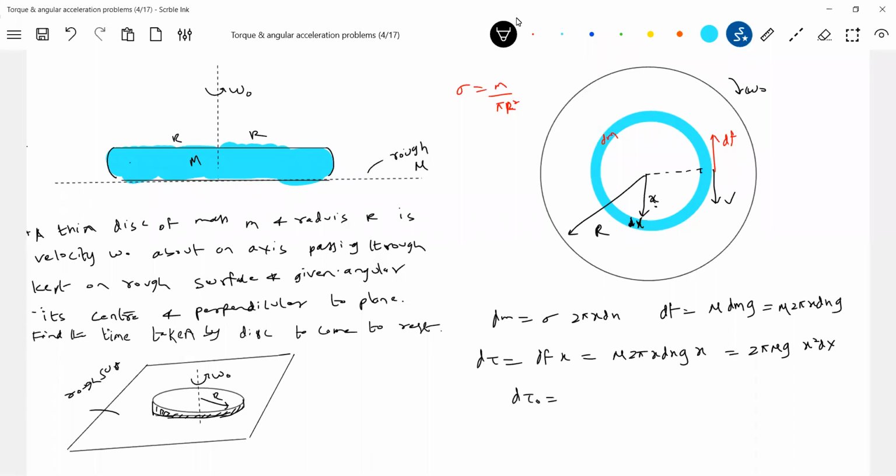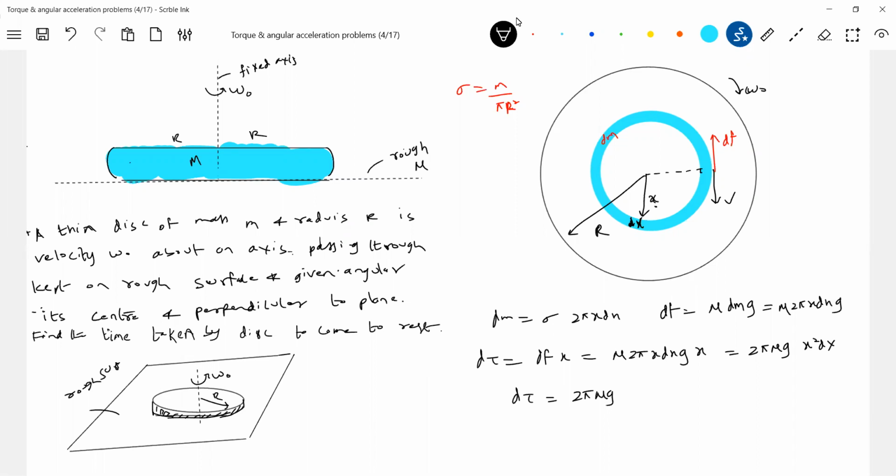It's telling the axis here. It's a fixed axis rotation, not permitted to move like the previous problem. Some of you are asking this, so I'll make the axis fixed. It means the disk is not permitted to have translational motion. It can only rotate, and due to retardation it comes to rest.